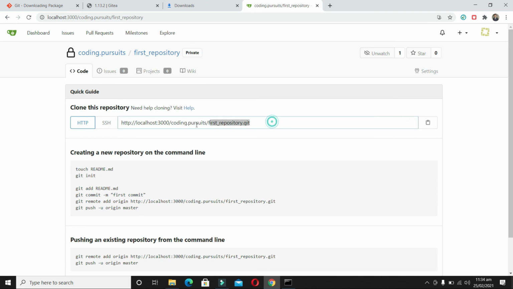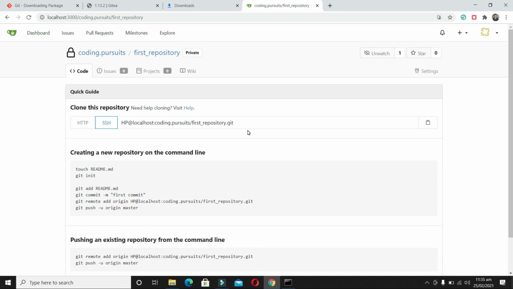So now we can access our repository, clone it on PC by giving this URL. If you type the IP of your computer, you can access the same Gitea self-hosted server on other PCs as well on the LAN. So guys, as you can see here, we have learned how to install and configure the Gitea server on our Windows 10 PC. So this is enough for this session.